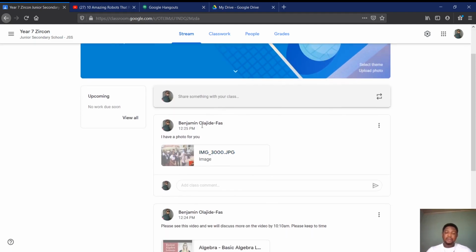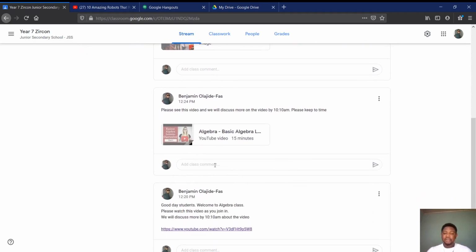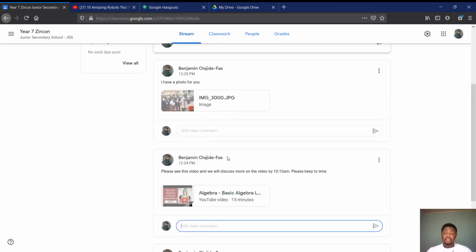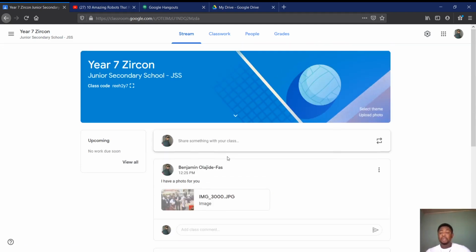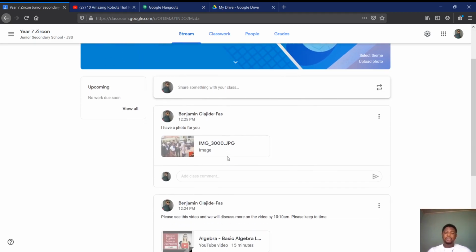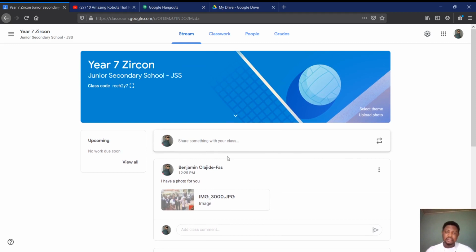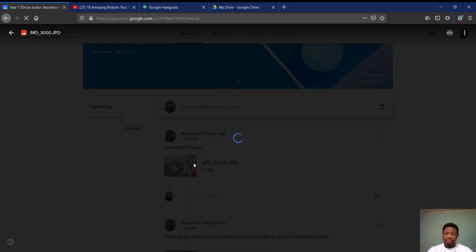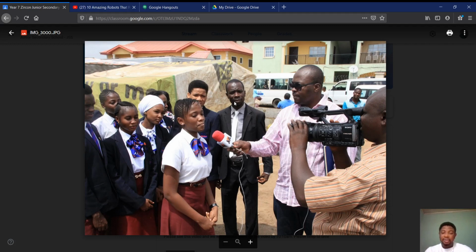Fine. So now students can make comments on whatever photo you've posted or video or text you've posted, just like they would on Facebook or Instagram or Twitter or any other social media. So this is where you interact with them in real time. So don't forget, we have a picture. They can click just to open the picture without having to leave this very screen. Okay, so this is the picture that I have posted, and as you can see, it just opened right away,